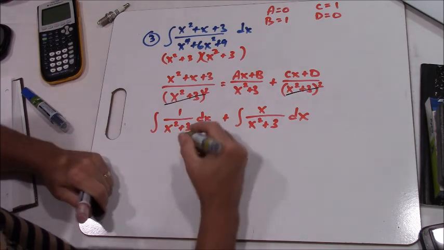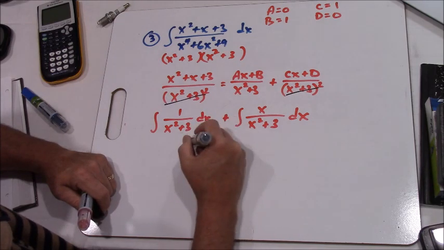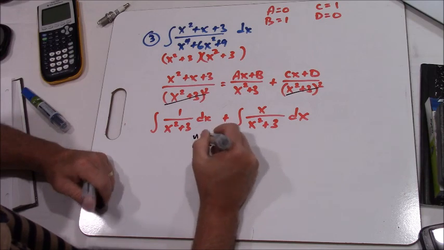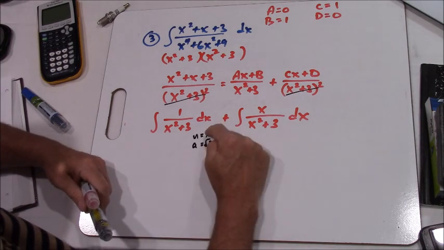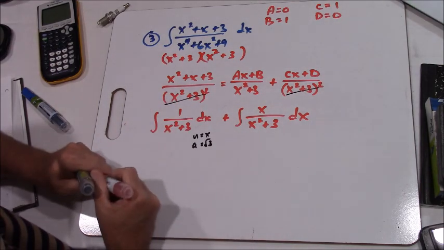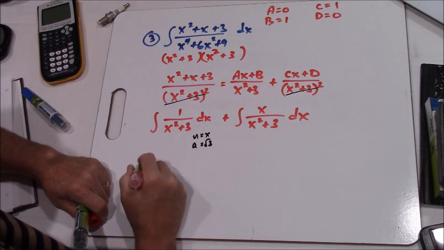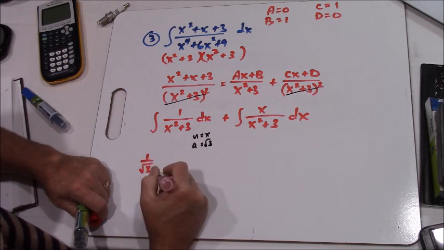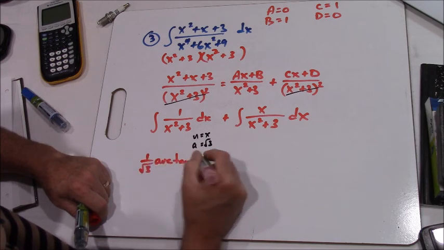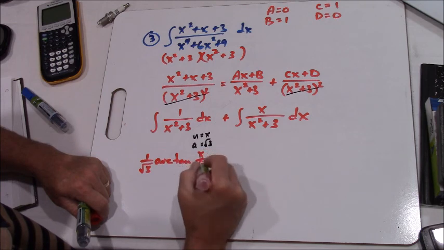If I let u equal x, and my a value is going to be square root of 3, I do have u prime in the numerator, and so this should be 1 over a, which is 1 over the square root of 3, times arc tangent of u over a, x over root 3,